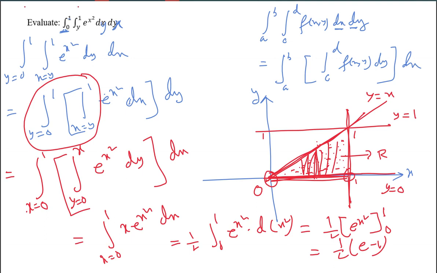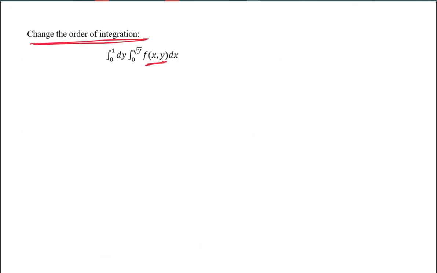Now, another thing: change the order. Simply, I have not given any problem here. F of xy is given. I ask you to change the order. Let me check whether you are getting to the point or not. So change the order means, here what we have given, the limit range is y is equal to 0 to 1 dy, and x is equal to 0 to root y. So how to change the limit? First you draw the region.